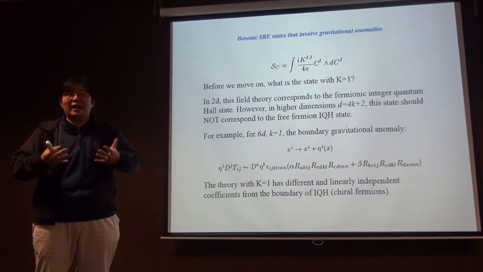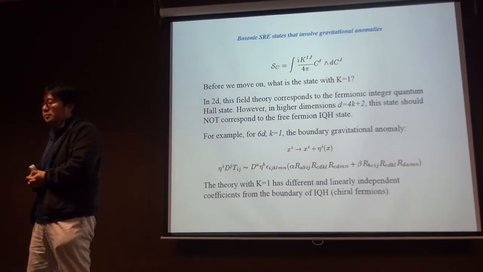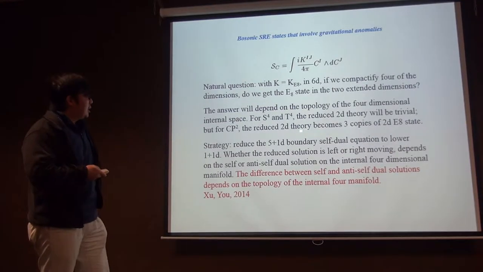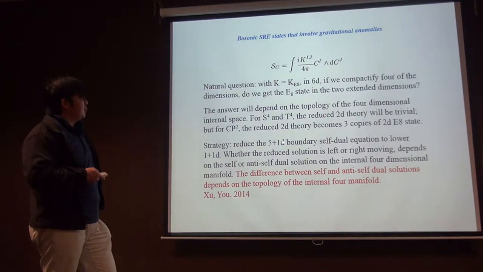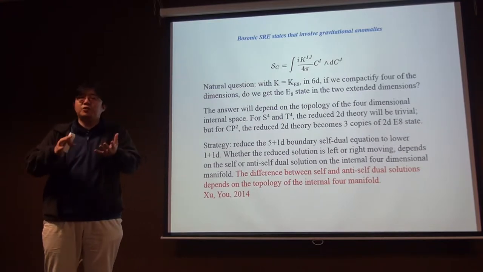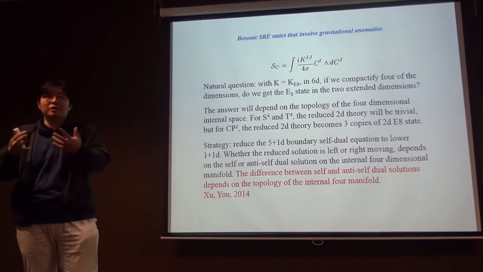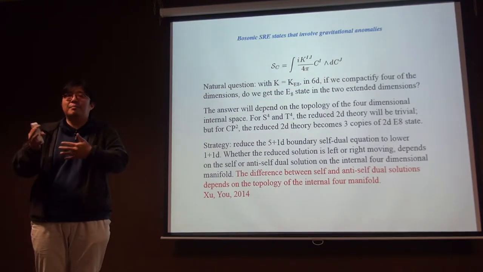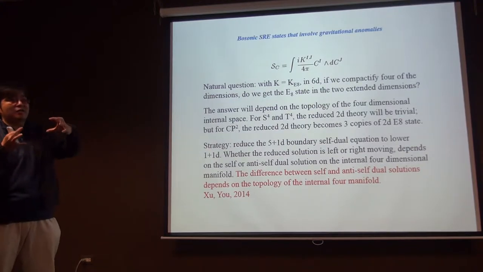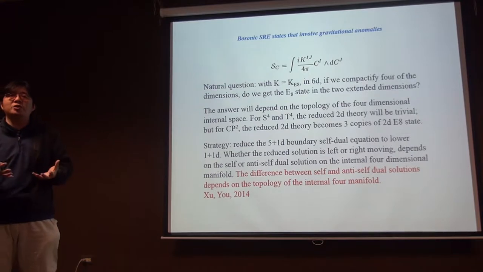GP2, then I would get nu equals 3 integer quantum Hall in 2 dimensions. The reason is the following. As I mentioned before, the boundary for this theory is a 5 + 1 dimensional self-dual boson. So we have to solve this self-dual condition to find all the propagating modes on the 5 + 1 dimensional boundary. Now, if I compactify 4 dimensions, then this self-dual equation will